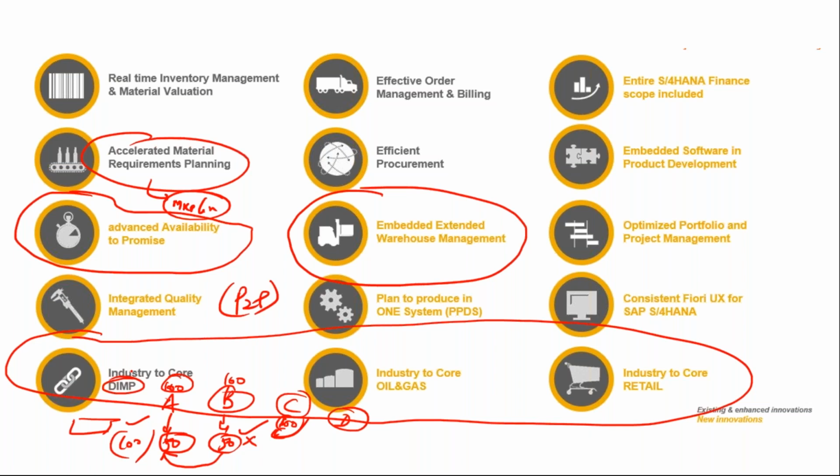Yes, they have around 25 industries now. The core solutions on which the entire focus is laid now is on your DIMP, which is again my heavy engineering industry, automobile industry, aerospace industries. All this is called discrete industries. When you talk about the mill products, ECC solutions were not focused towards mill products. A lot of mill industries were there. So now where a lot of processing used to happen, there are specific solutions that have come on the industry line of business, and they have something called DIMP.